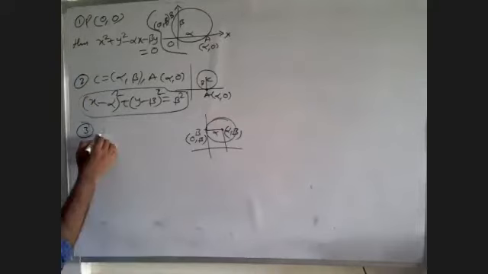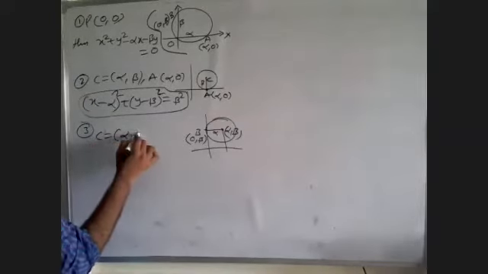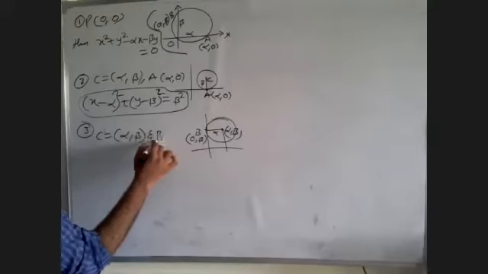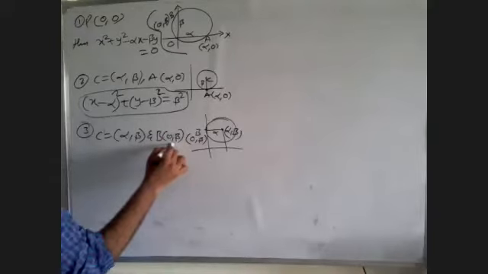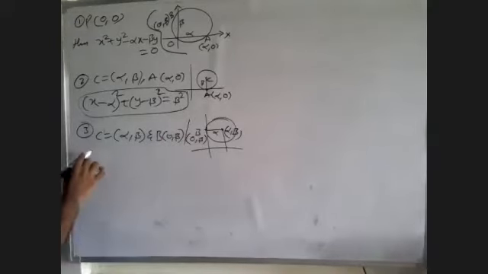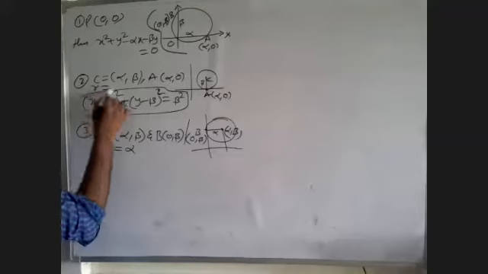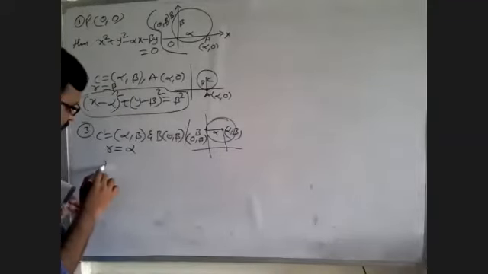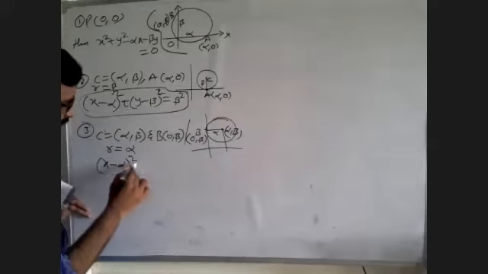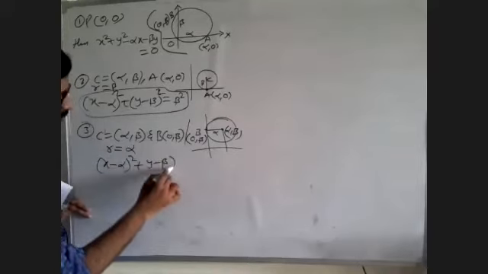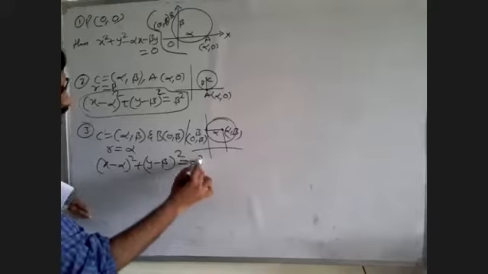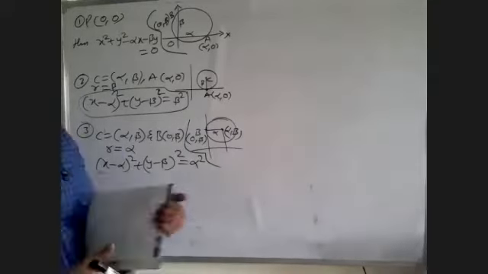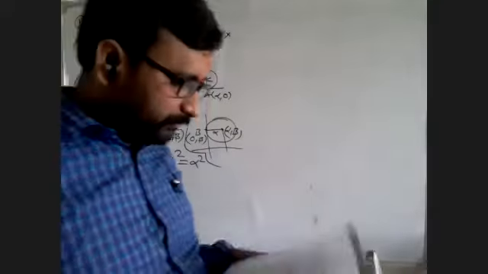Then the circle equation, I am writing the center, what? Alpha comma beta, and the touching point 0 comma beta. Then in the circle equation, r is what? Here r is alpha. Here also we have to write r. R is equal to what here? Beta. Then the circle equation is x minus alpha whole square plus y minus beta whole square is equal to alpha square. Why? Because r is alpha. The radius is alpha.